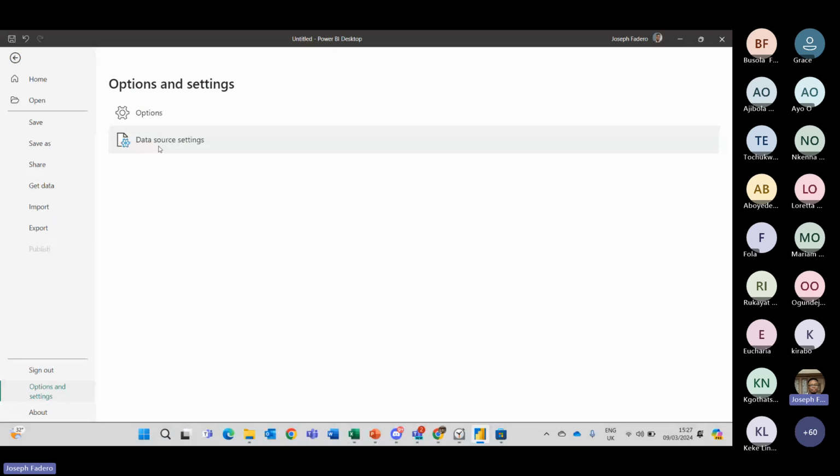you have something called Data Source Settings. This will be taught at a more granular level when we do Power Query. It will be taught there. But you have Options. So I'm just introducing us to general concepts right now. We have Options, so you can click on your Options tab.